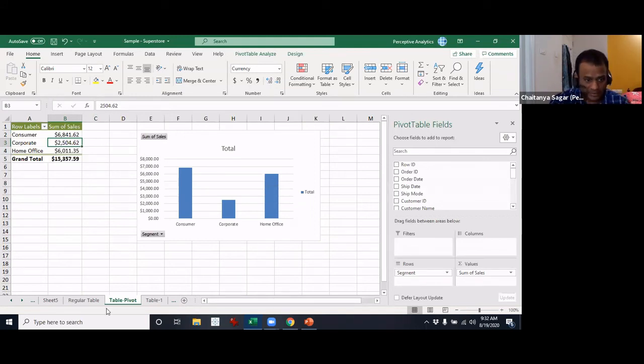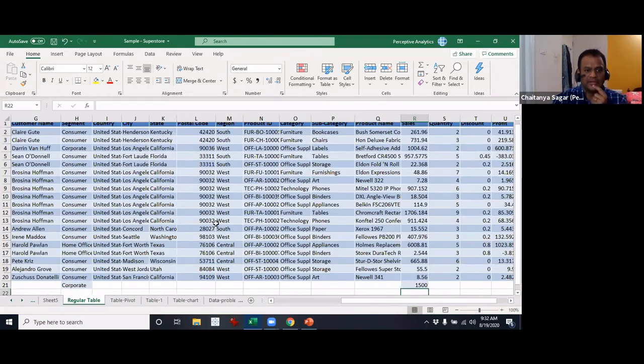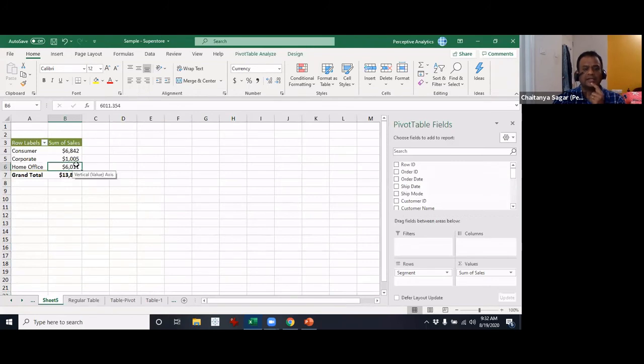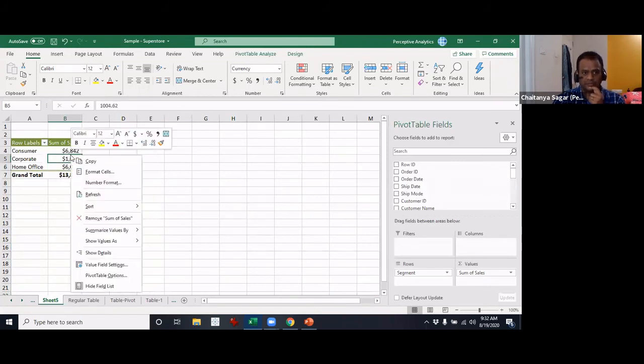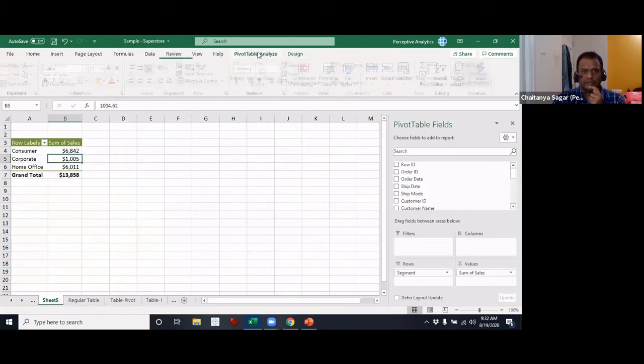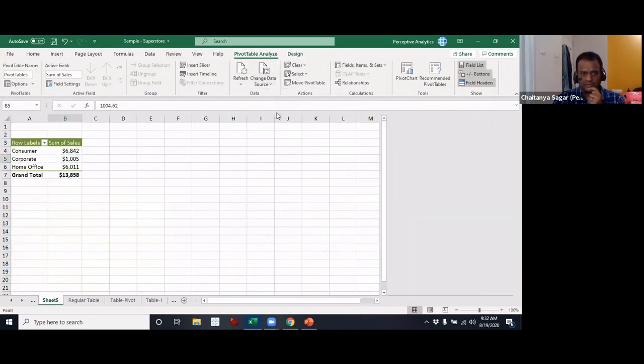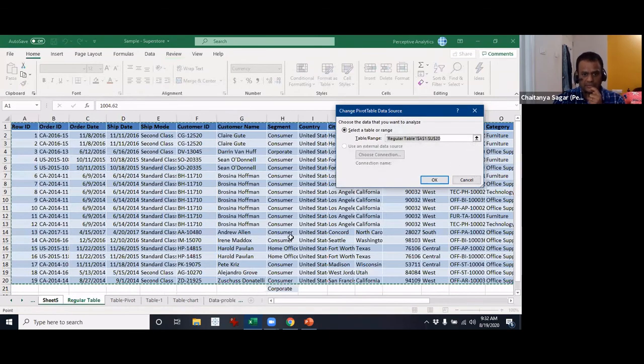Otherwise, just so you know, if you go back to this one, this is the one that we added. What you have to do is right click, or go to pivot table, and go to change data source. Right now, it doesn't include row number 21.